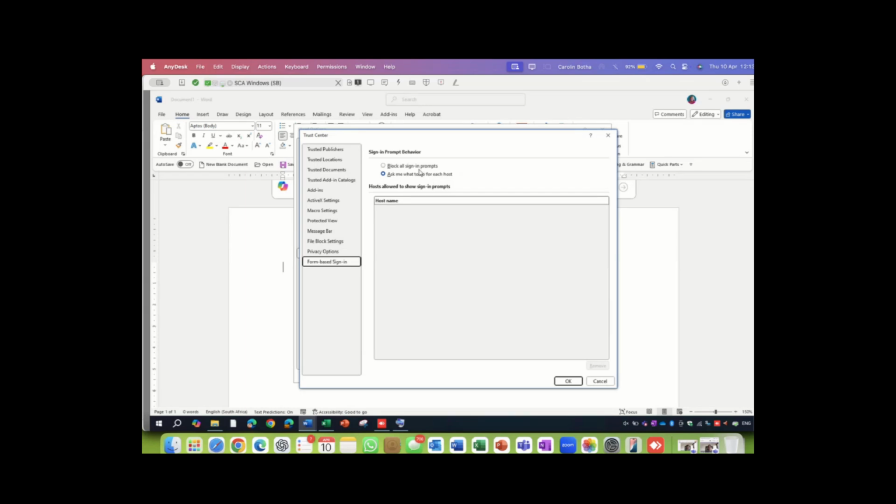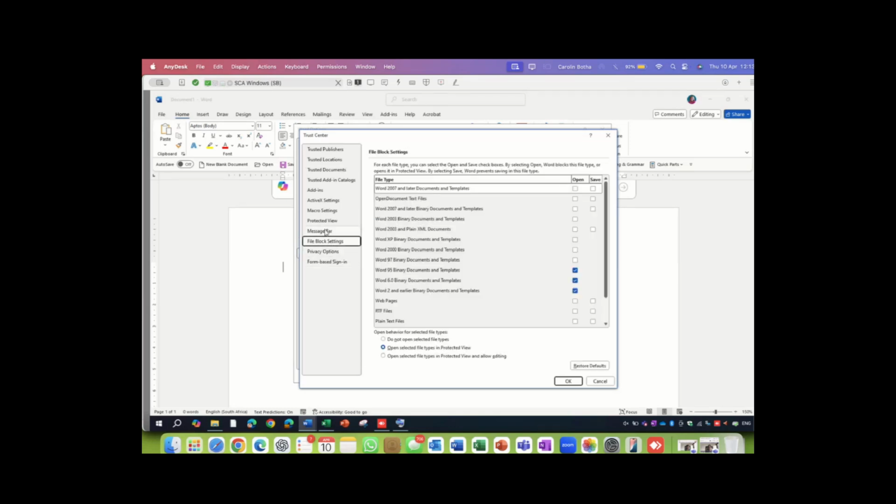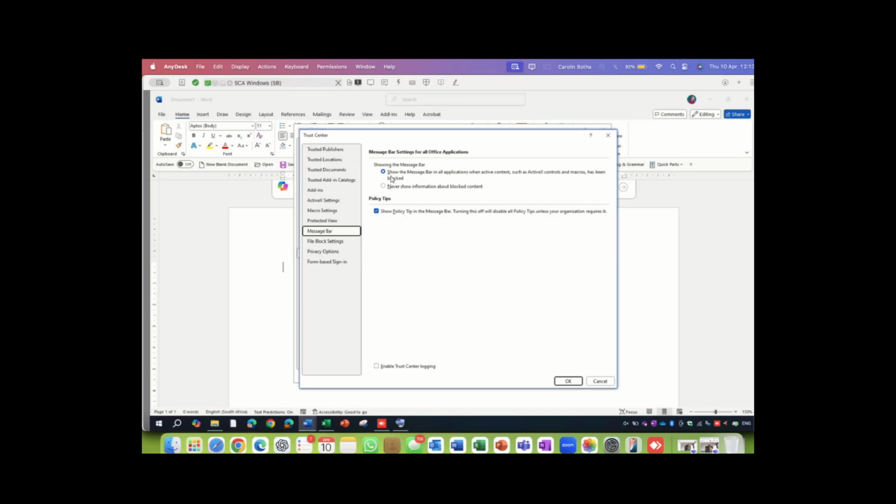Check it with your IT. Ask me when you want to open something or create something and there's some sort of a security issue somewhere. Ask me what to do. And then you go ask your IT if you're not sure, or you can reach out to us. Also, the other one I want to mention, once again, show the message board. If there's something that opens and it's problematic, just don't choose never show, because then you won't know. And that's where you get stuck, as my client had the same problem with that.